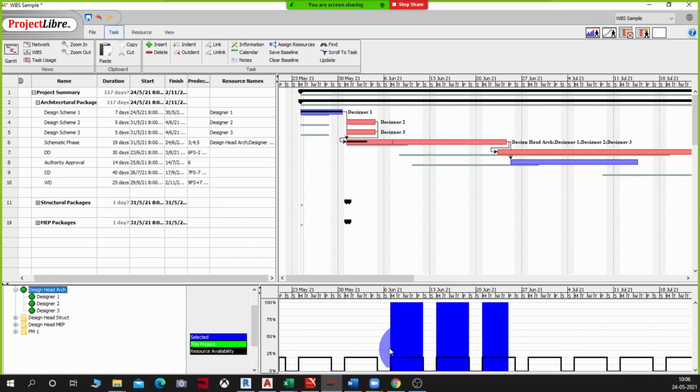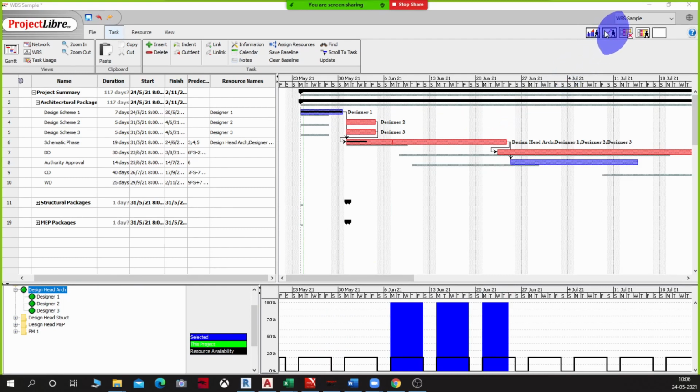The design head's project contribution was supposed to be 20% only, but that person also ended up doing 100% work. That's because I added more hours to the schematic stage, right? Are we clear about that concept here? We are able to see how many hours extra they are doing here as well.